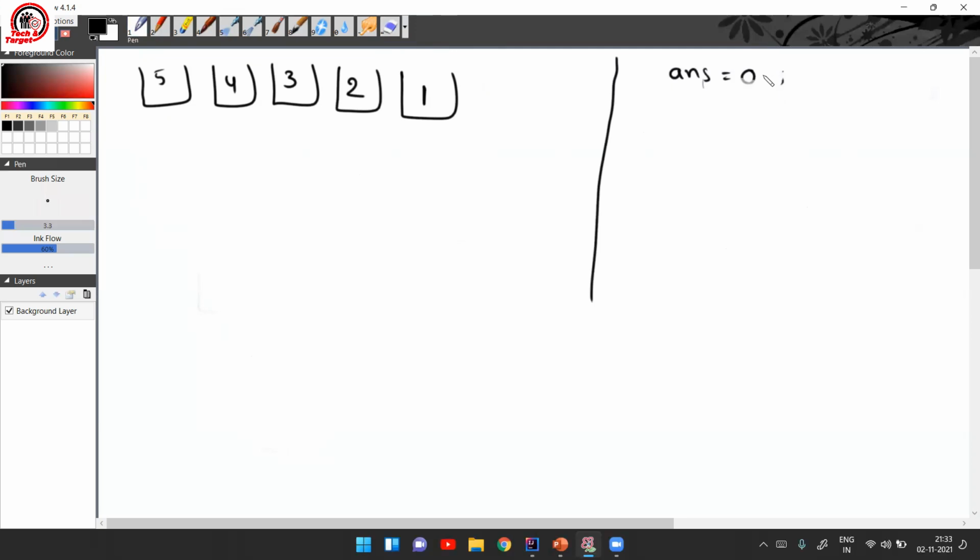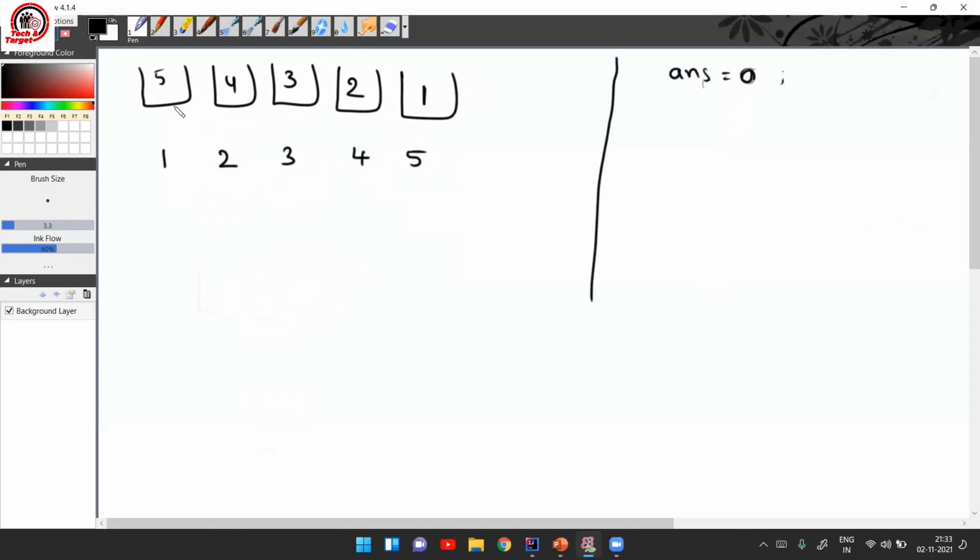Now here, if we follow this same approach, going from start to end, we will get a wrong answer. We will get a much bigger answer than the minimum, because we have to make sure that you keep on adding the smaller values, right? So if this is in a reverse sorted way, what is the sorted way of this? The sorted way would be 1, 2, 3, 4, and 5.